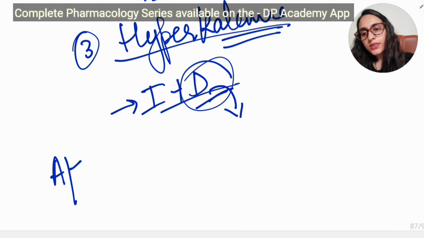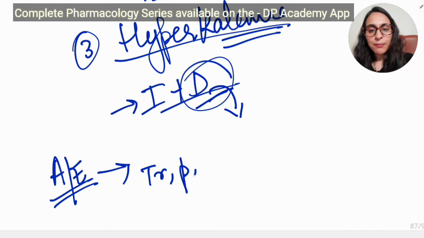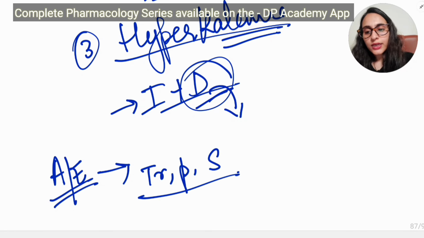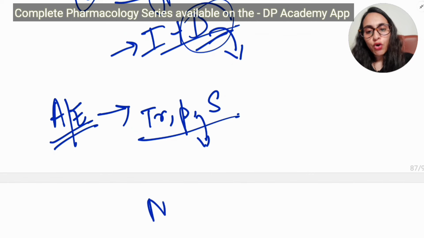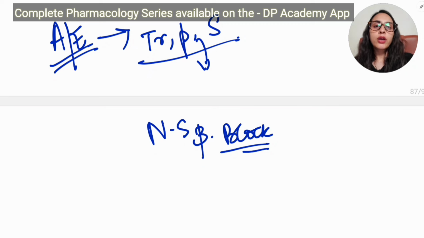Now talking about the adverse effects of insulin. Insulin causes hypoglycemia. Since it is taking glucose from the blood into the cells, in the blood there is less glucose. So the patient may develop tremors or palpitations or sweating. In diabetic patients, we do not give non-selective beta blockers because they can cause hypoglycemia unawareness. As for the treatment, if the patient is unconscious, then we give IM glucagon and IV dextrose. And if the patient is